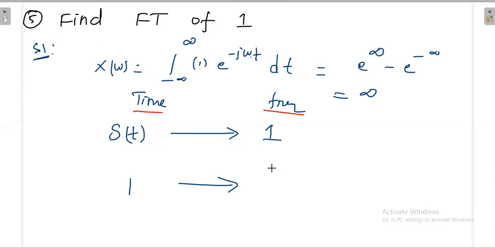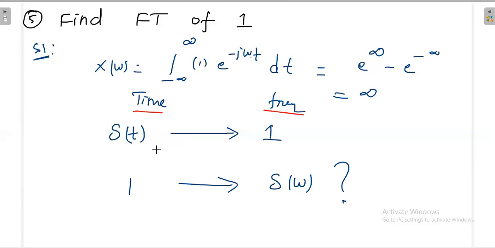Very simply, these are interchangeable, so I will have something like this. But it is not exactly directly interchangeable; the shape in the frequency domain would be like this, but it is not exactly the same as this one. It will have some extra components. Once I take the Fourier transform of 1, my answer definitely consists of del omega. It's like del t: when del t is there I got 1, and when 1 is here I may get del tau.